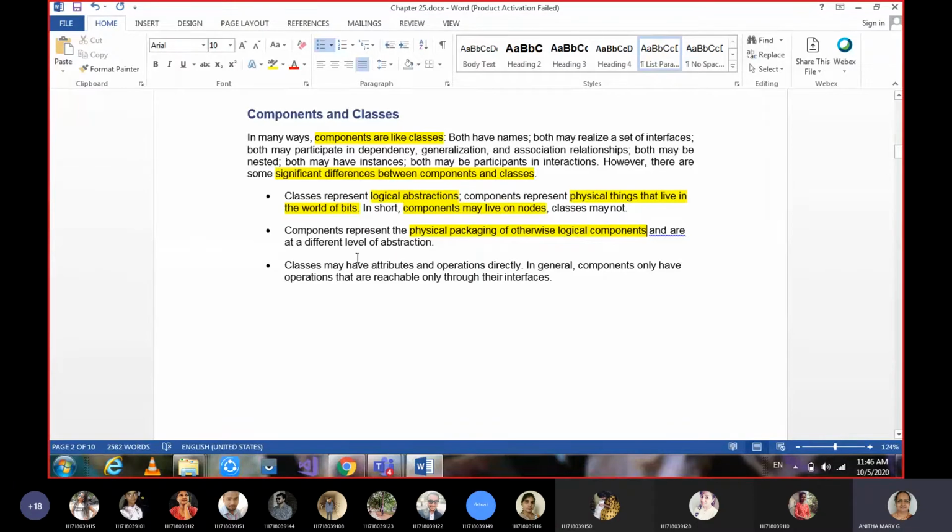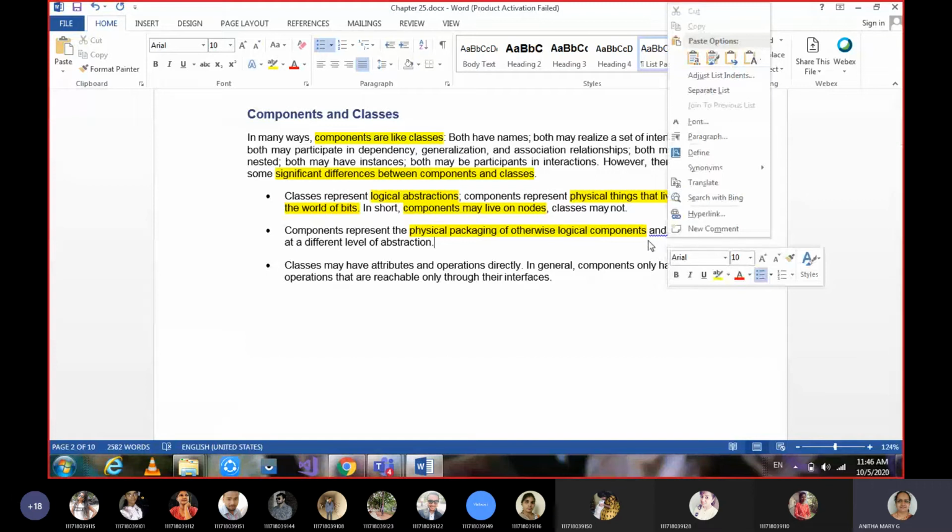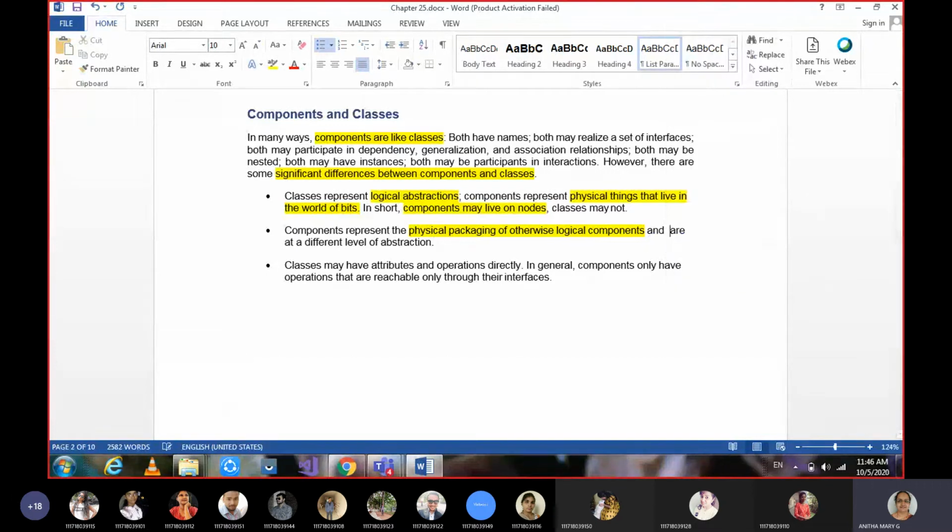And they are at different levels of abstraction, which means based on the content. It can be a movie or a song or any other program or a record or some content or some description. Anything you may carry in a physical drive or physical part, we call it a component. So though a component is a physical one, the contents in it are logical. That you have to remember.